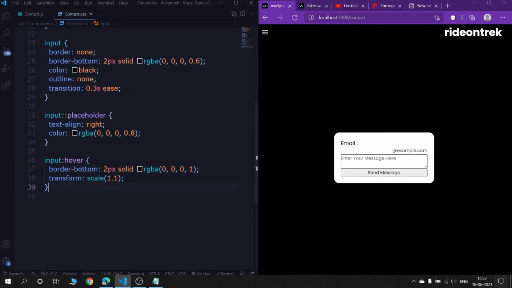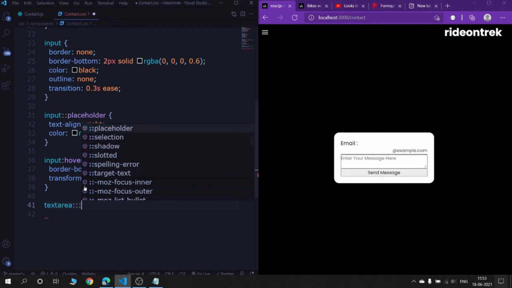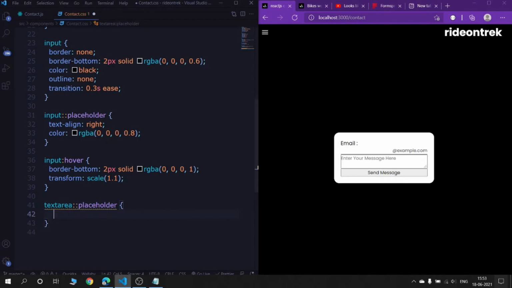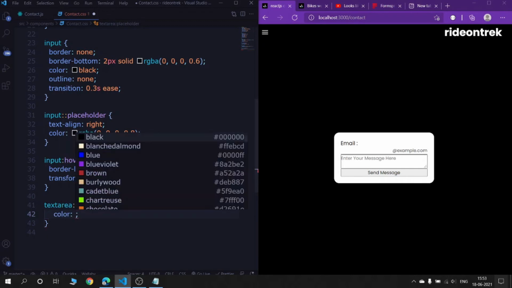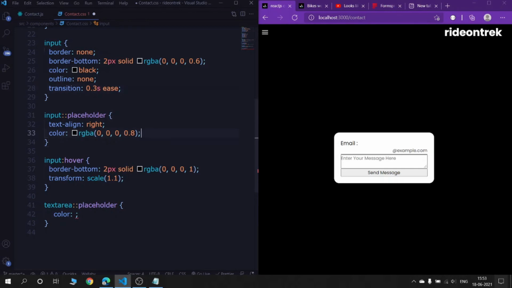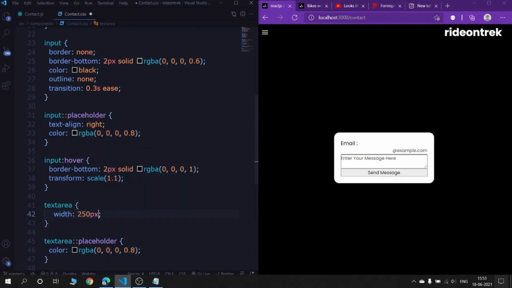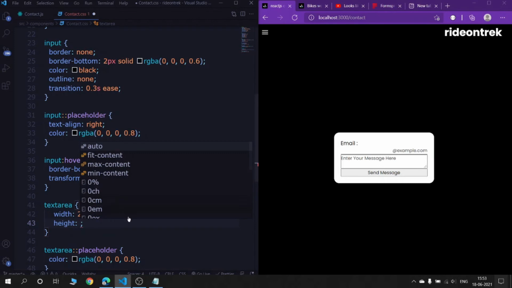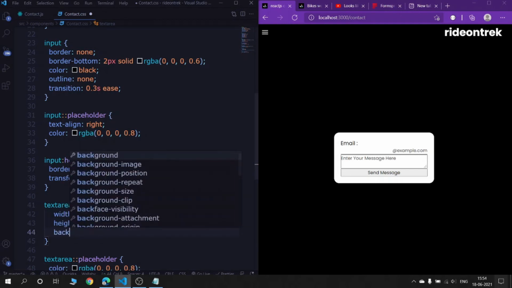And after this we have this text area button. So let's just say text area placeholder. I will give it a color of dark. Text area placeholder, let's make its color dark, just like this one. Fine, now it is a bit darker. And then let's style this text area, and I will give it a width of 50 pixels, and then I will give it a height of 50 pixels, and then I will give it a background